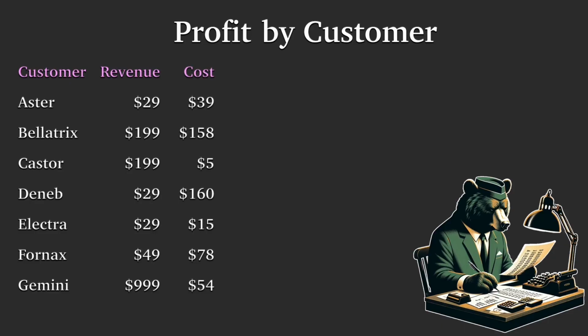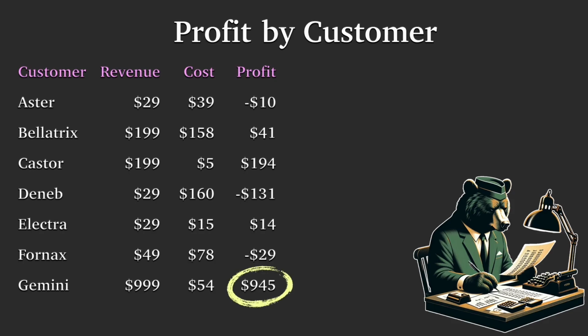Anyway, then you get the costs incurred by that customer during the same period. And this is generally the hard part, and you may not have a way of doing this right now. So stay tuned. At the end of the video, I'll give you some techniques that help you compute this properly. Okay, so then of course you just subtract the costs from the revenue to get the profit per customer. And some will be very profitable and some will be unprofitable and everything in between.